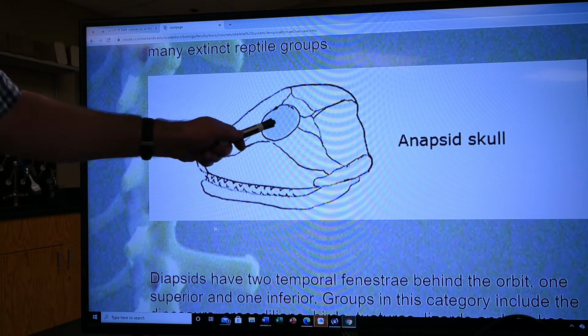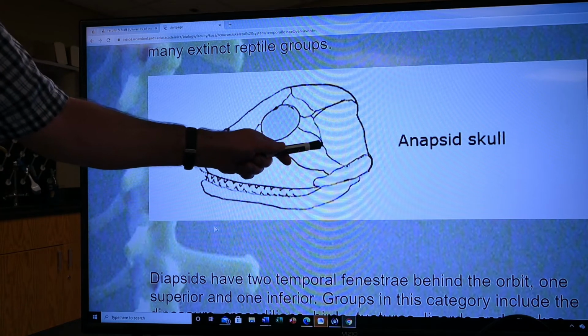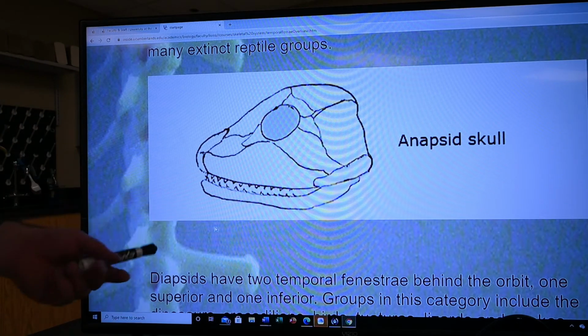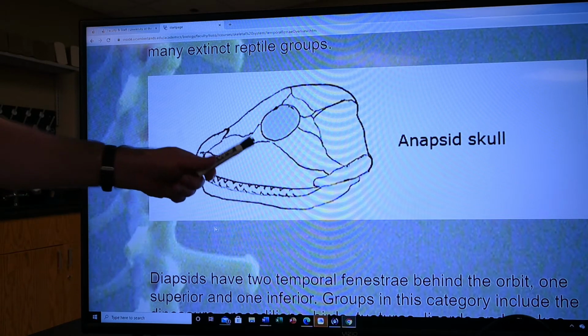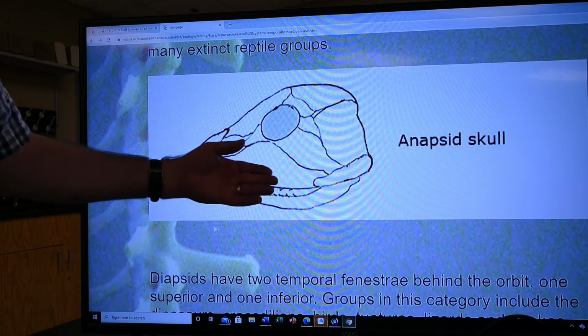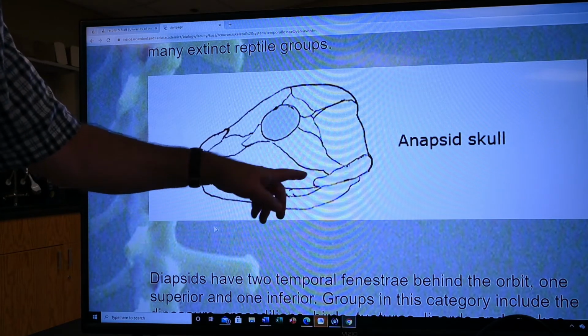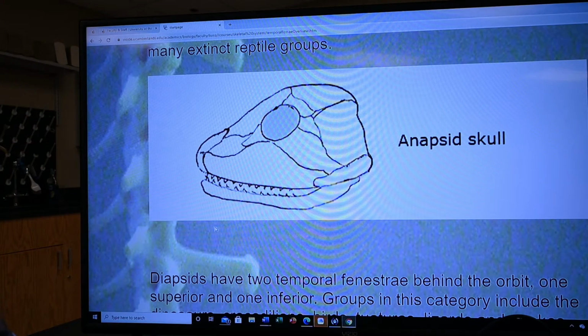So let's look at the examples then. The anapsid condition is present in the earliest fossils, the oldest fossils of reptiles in the fossil record. So that's considered the primitive condition, that anapsid condition with no post-orbital fenestrae at all. Now our next example,